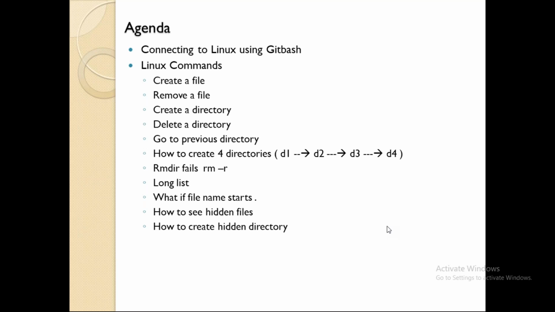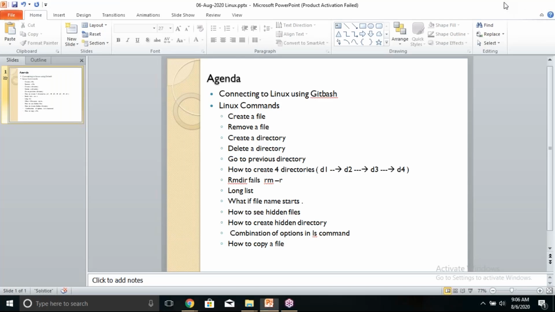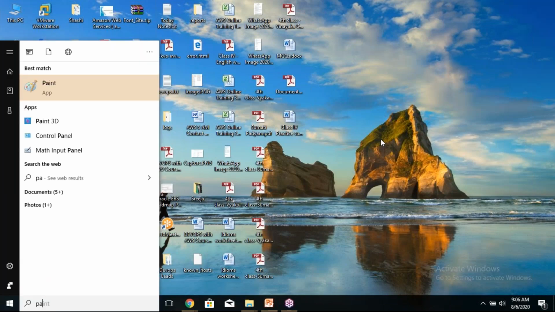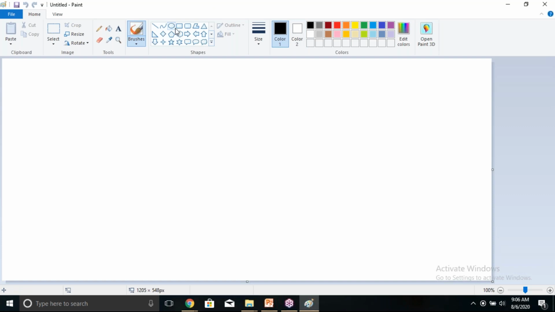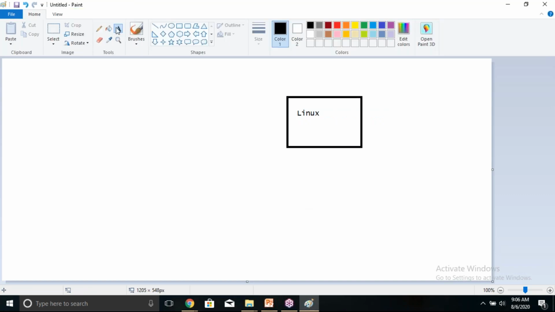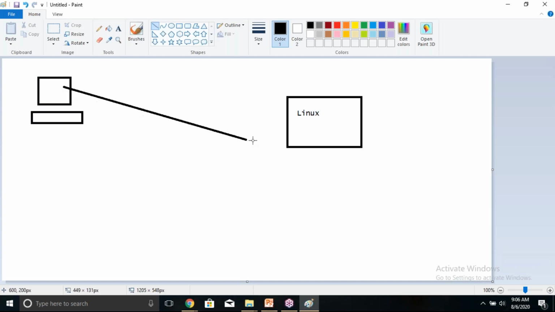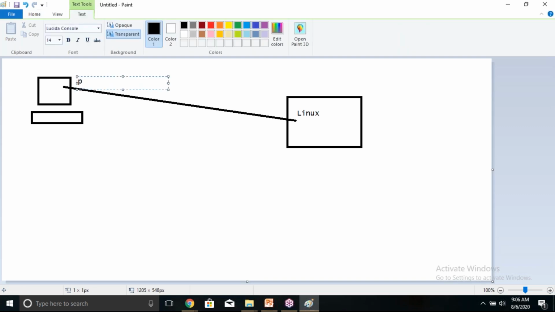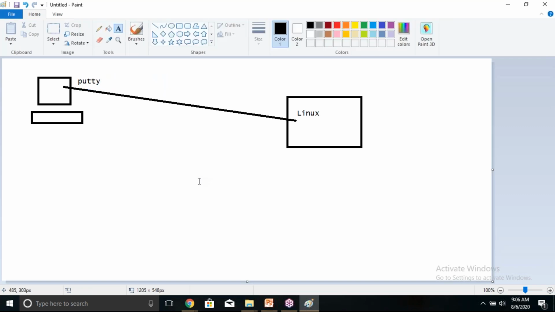In the last session, we learned how to create a Linux machine. Where did we create the Linux machine? On AWS Cloud. So this is my AWS Cloud, and I have created a Linux machine. And where did I create this Linux machine? On the cloud platform, and I also successfully connected from my laptop, isn't it? How did I connect to the Linux machine? I used a terminal called Putty. You are right, Krishna. Using Putty, we successfully connected to the Linux machine.